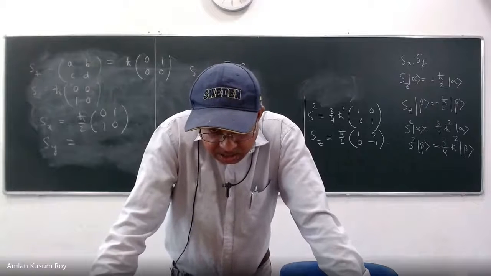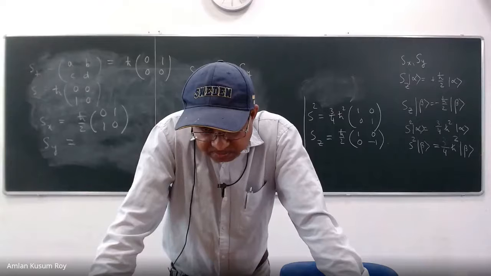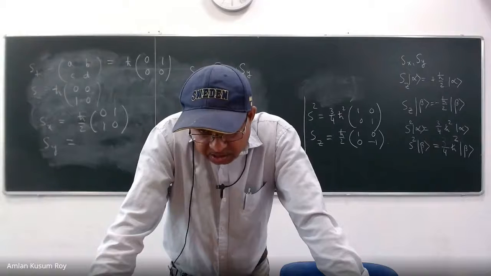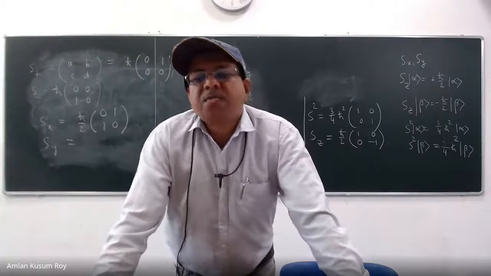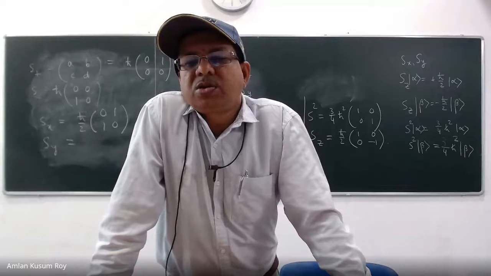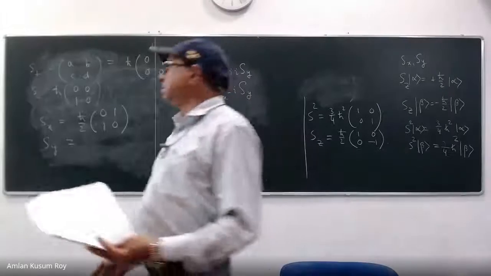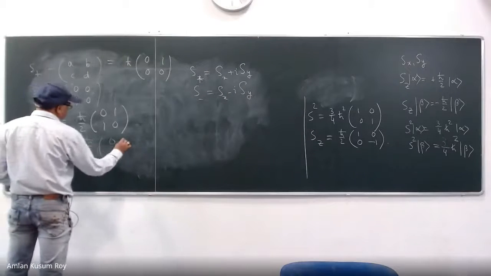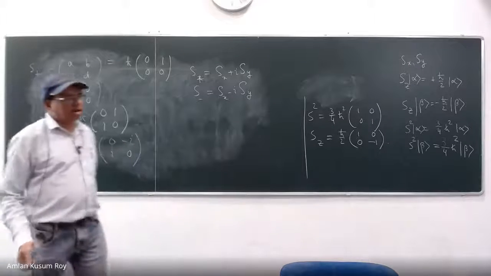Ashish says H cross by 2 is fine, H cross by 2 and then 0 minus i, i 0. Let me see. Yeah, if you meant like this. Who wrote 0 minus i? Obilipsa has written it correctly. Maybe you are also right, those of you, because it depends on the order. So I guess it will become H cross by 2 times the matrix 0 minus i, i 0. I think some of you have written it correctly.